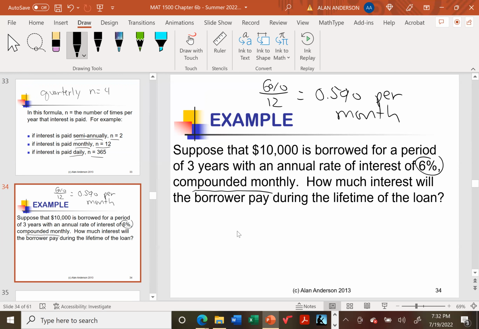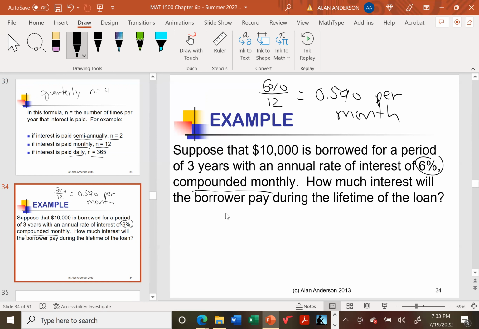Now, it turns out that if you're the borrower, this is not working in your favor, because the more often the interest is calculated like this, the more you're going to pay. If, on the other hand, you're lending out your money, this makes you very happy because you'll earn even more interest. But why don't we throw these numbers into the formula and see exactly how much this person is repaying